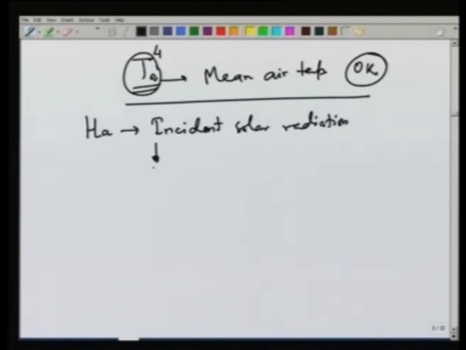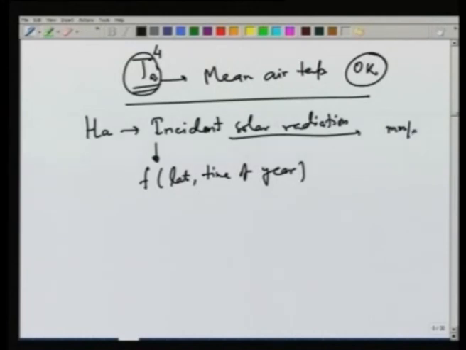This will also be a function of latitude, time of year, and this is also expressed in millimeter per day of evaporable water. So, the amount of heat energy available, how much depth of evaporation it will cause in millimeter per day,